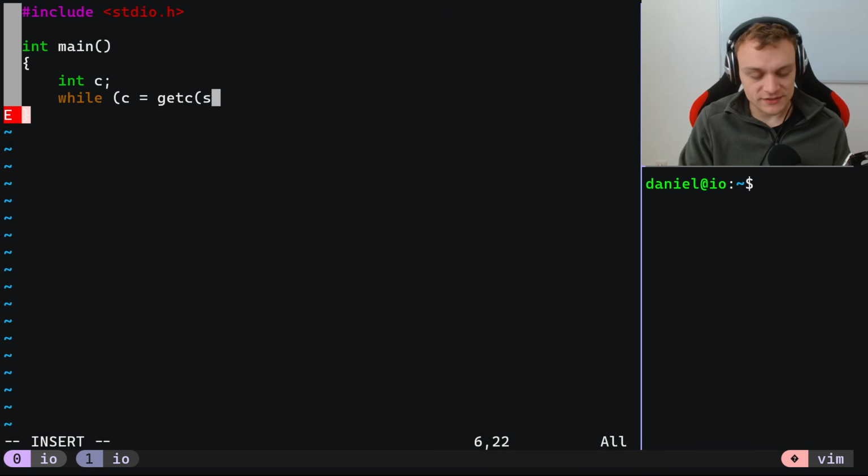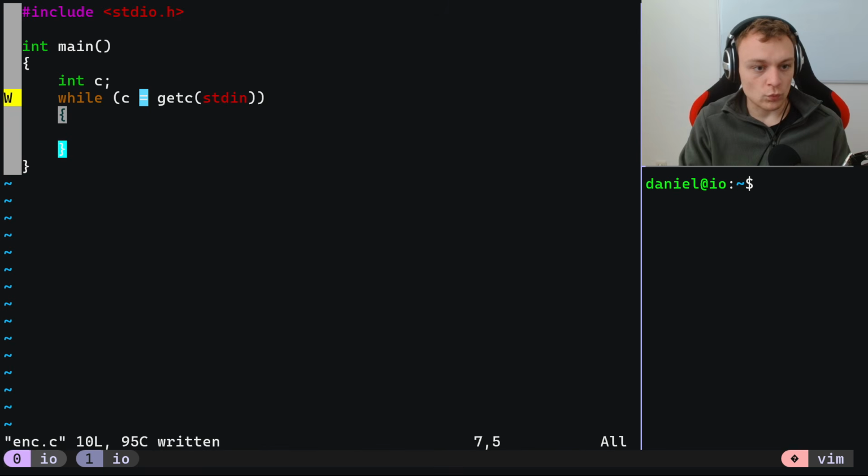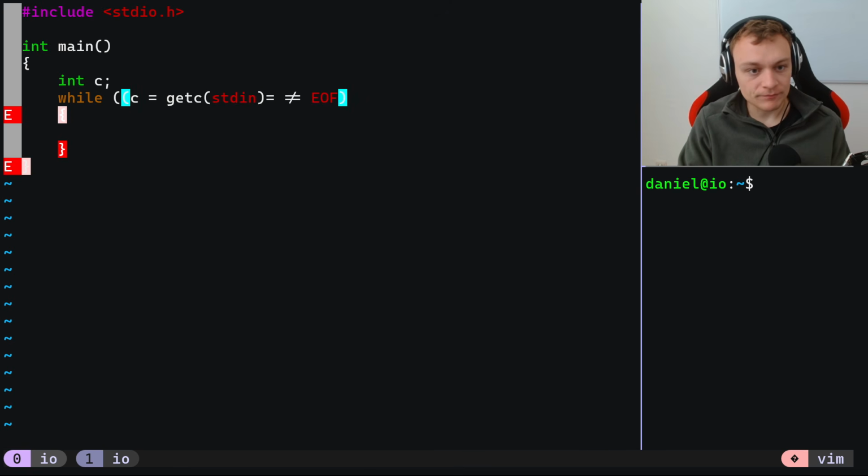Maybe to make it more explicit, let's use getC with standard in to make it clear to everybody that we are reading from standard in. And then, while the character C is not the end of file,